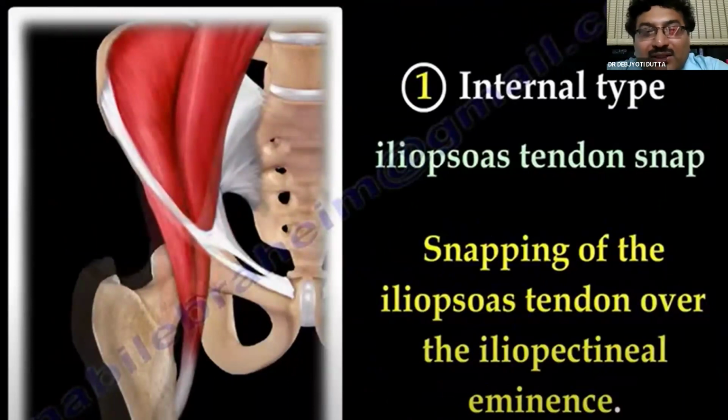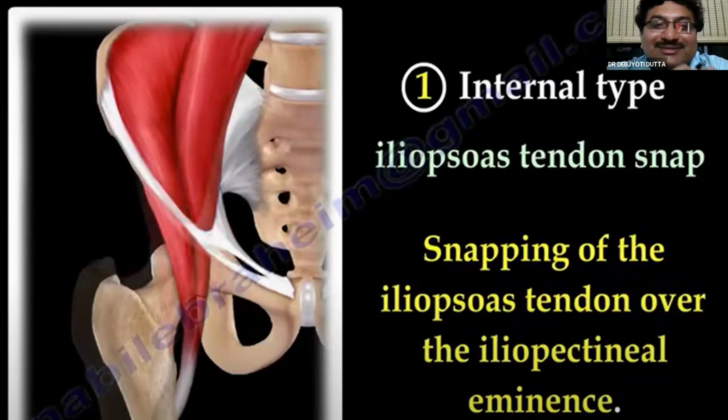Okay. One is the internal snapping hip syndrome. So here the basic is the same in all three areas. You are moving from internal rotation to external rotation, and there is a snap of the hip. Now, internal snapping hip syndrome is basically within the iliopsoas tendon. Okay,